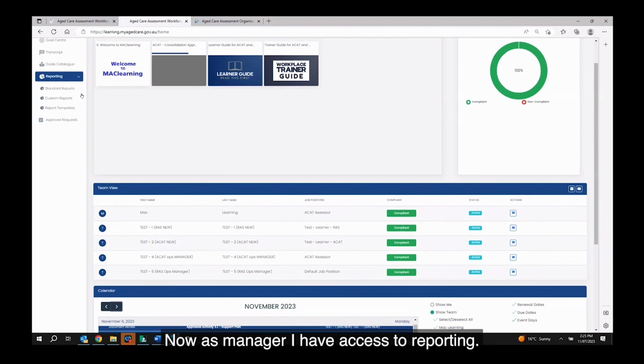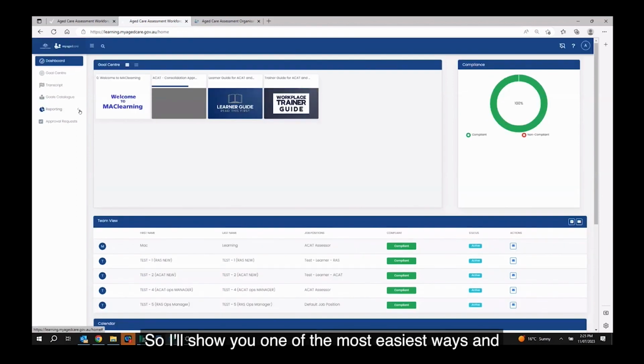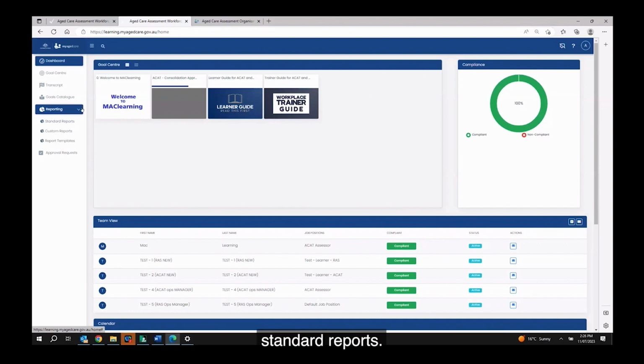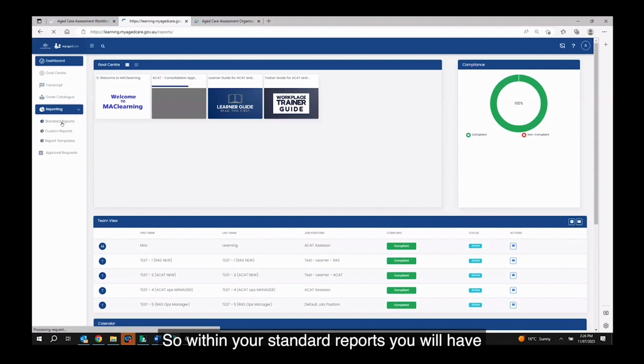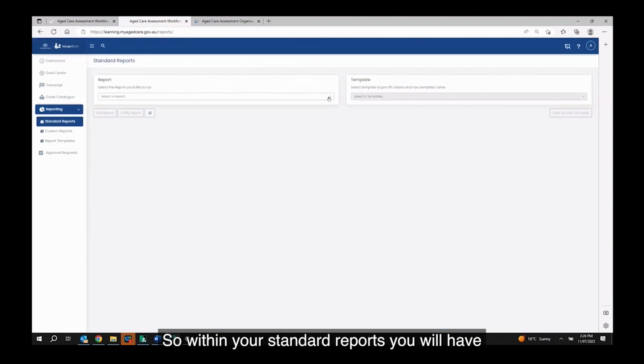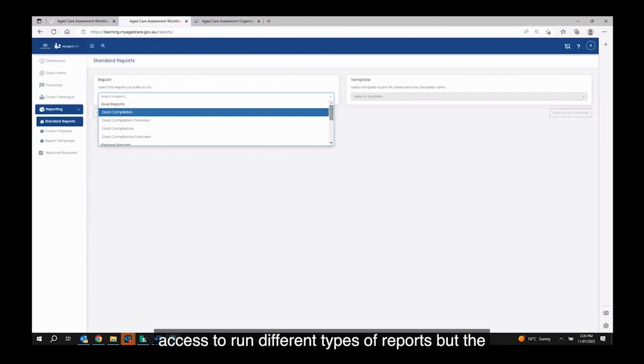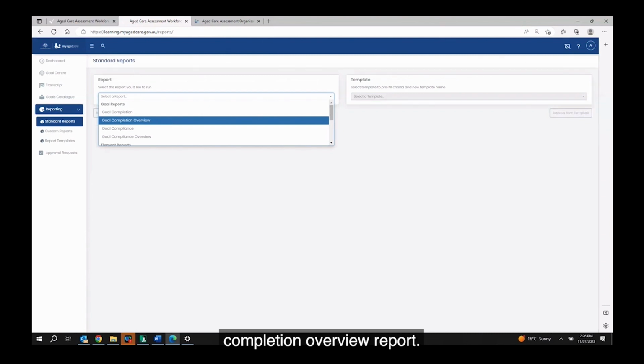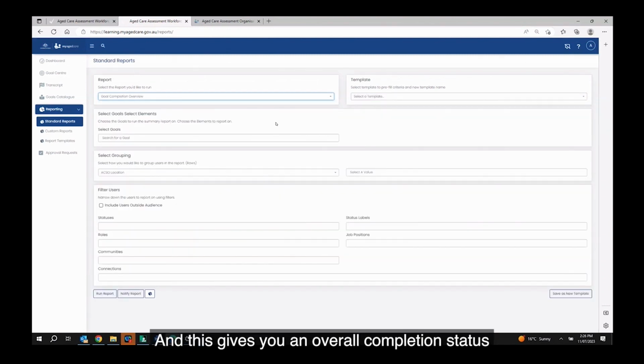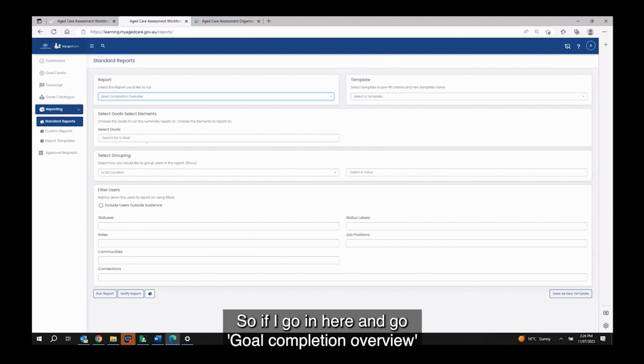Now, as a manager, I have access to reporting. So I'll show you one of the easiest and most beneficial ways of obtaining reporting, which is in your standard reports. Within your standard reports, you will have access to run different types of reports, but the general report, which is pretty good, is a goal completion overview report. And this gives you an overall completion status of all the goals for a learner or your team. So if I go in here and go to goal completion overview,